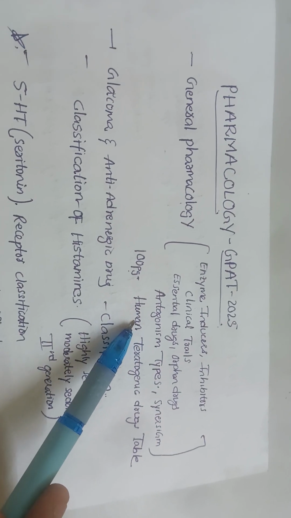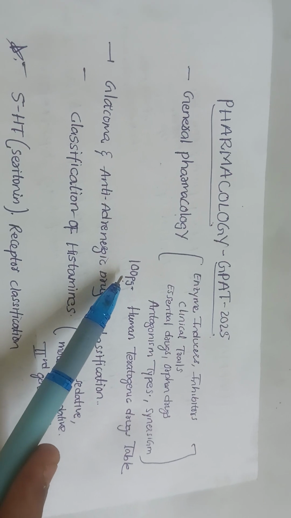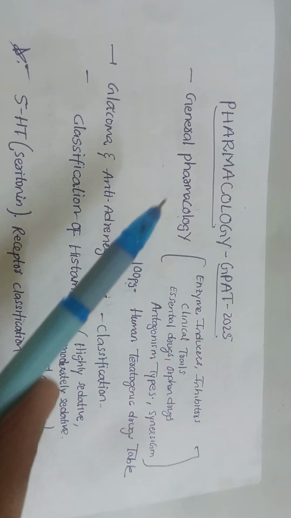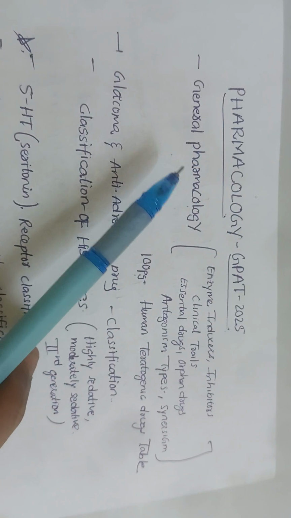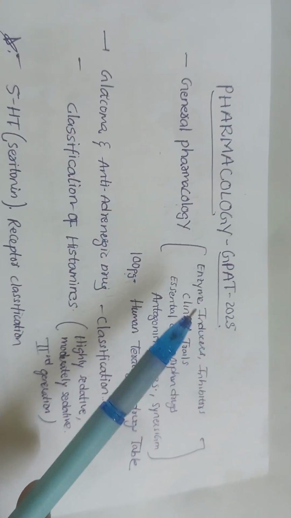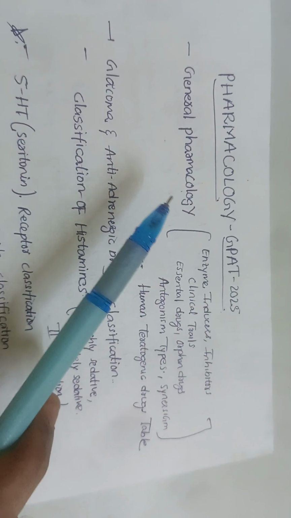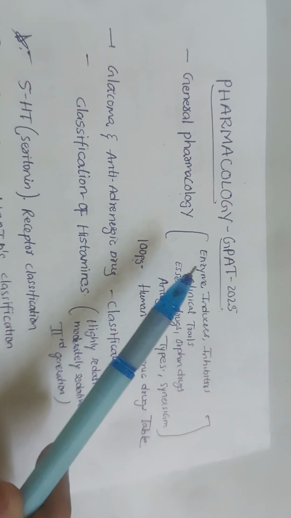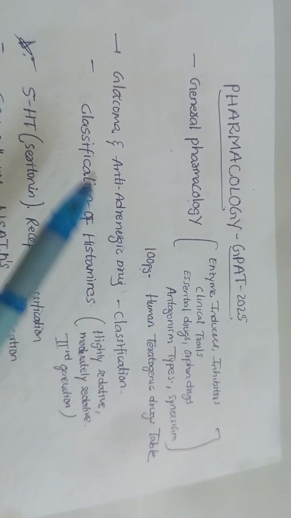And study the human teratogenic drug table, which is on page number 100 of KD Tripathi 8th edition. So very important, focus on general pharmacology. 1 to 2 questions will come from general pharmacology, and also study the ADME in general pharmacology and cover the receptor pharmacology also. We can expect 1 question from receptor pharmacology, all the GPCR receptors, all the receptor pharmacology, and